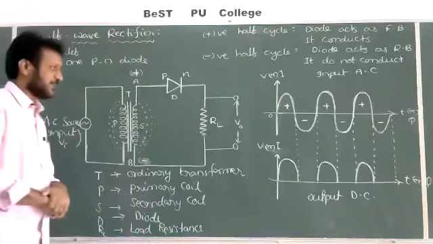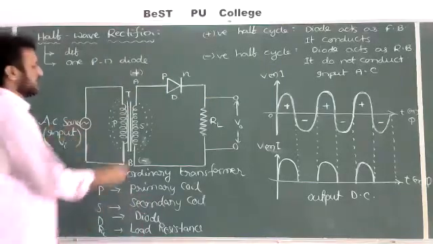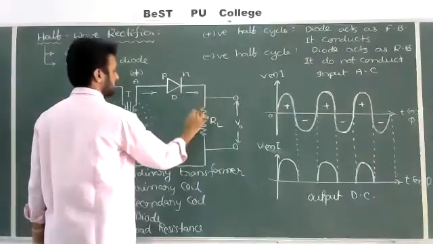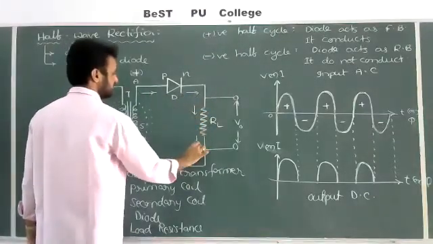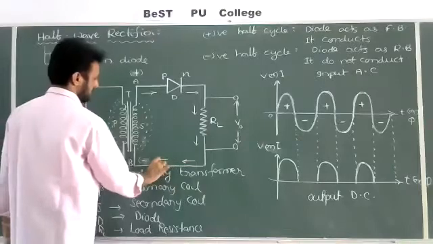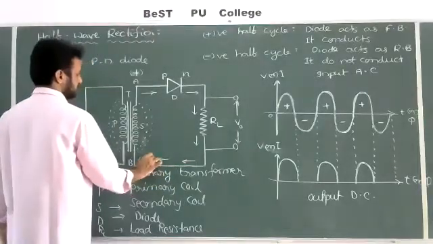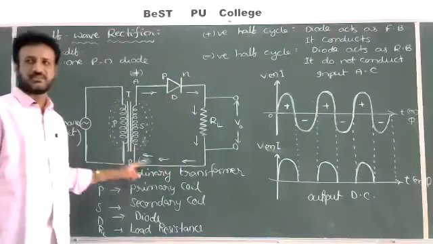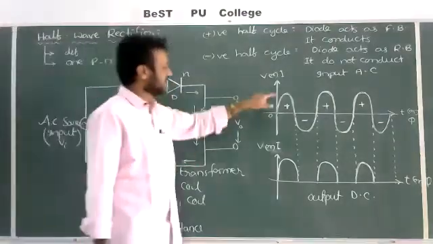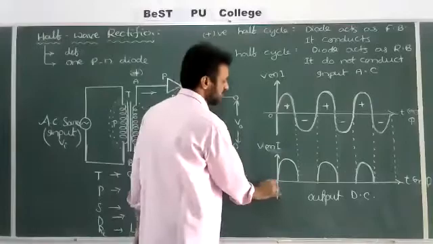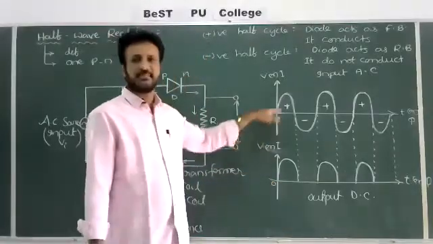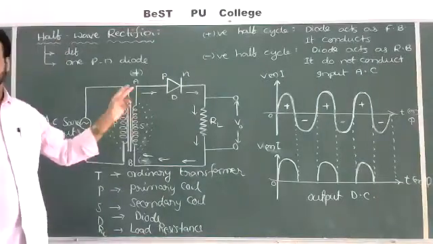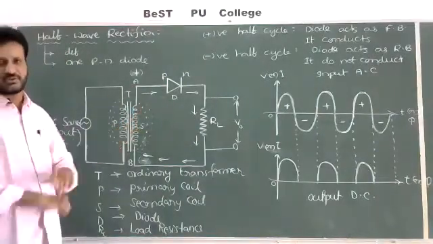Once again, I'll repeat. Draw the diagram carefully, and we should draw the arrow marks also like this. The direction of the flow of current we should draw like this. It is the direction of flow of current. That's important. The direction of flow of current is also very important. And these two graphs are also important. Both the graphs you have to draw. If a graph is missed in the exam, 1 mark will be deducted. So it is compulsory. The circuit diagram with both input and output waveforms we have to draw in the exam.